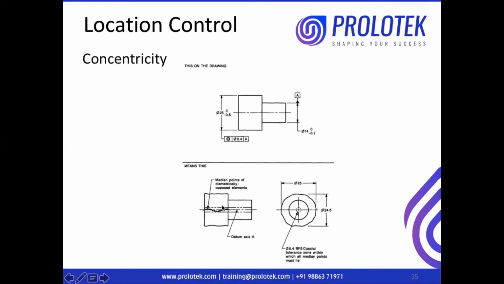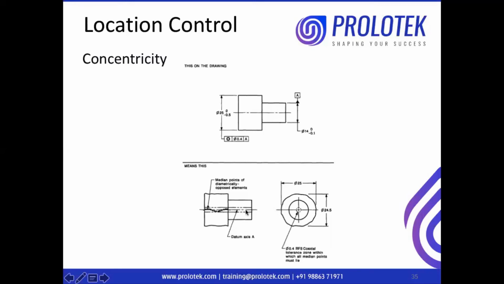So what does that tell us? If I make a 2-point measurement on this bigger cylinder, I'll get a center. That center is called a derived median point. That derived median point must be within this cylinder of 0.4, which is concentric to the datum axis A. If this condition is met, then we tell that the concentricity of this axis is met with reference to the datum